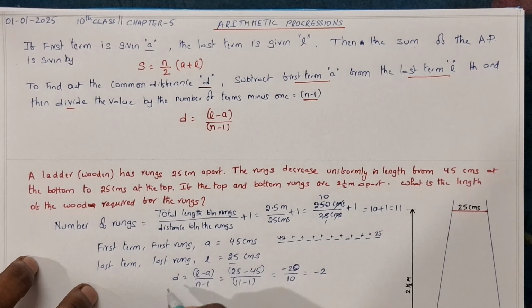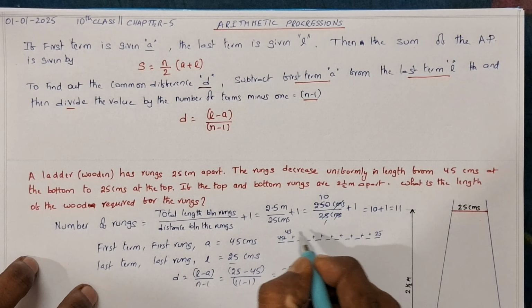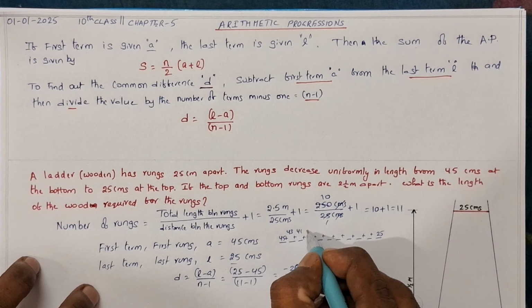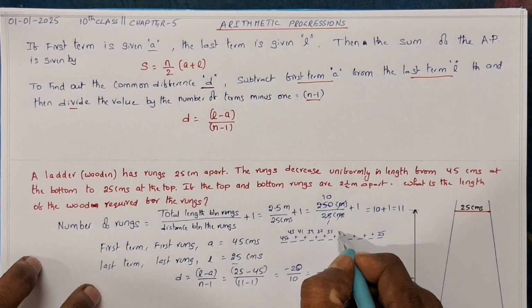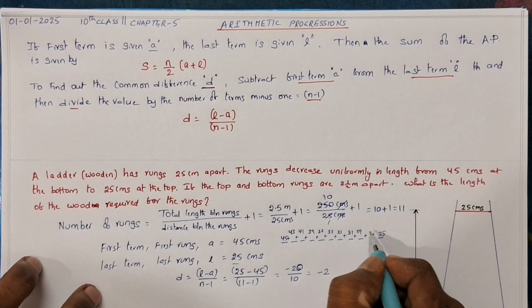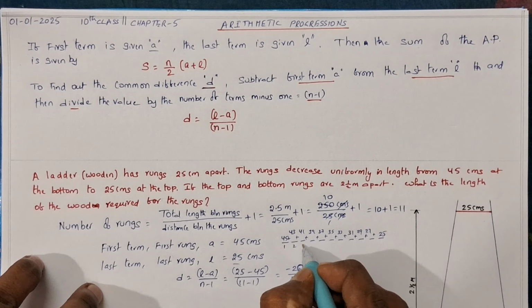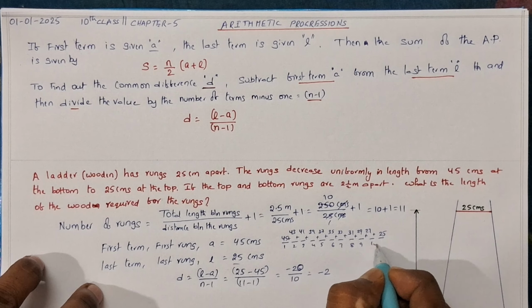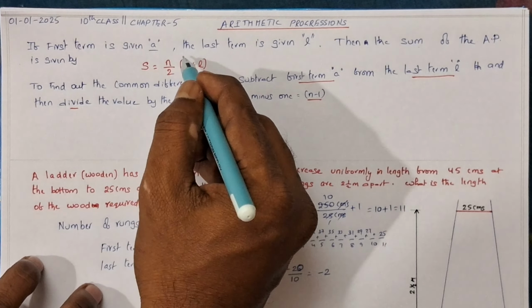So we know common difference is minus 2, so we have to reduce: 43, 41, 39, 37, 35, 33, 31, 29, 27. So we got first rung, second rung, third rung, fourth rung, fifth rung, sixth rung, seventh, eighth, ninth, 10th and 11th rung. So by using the above